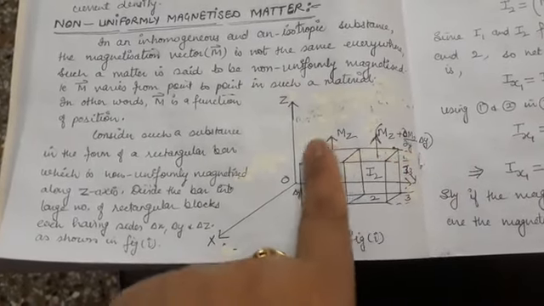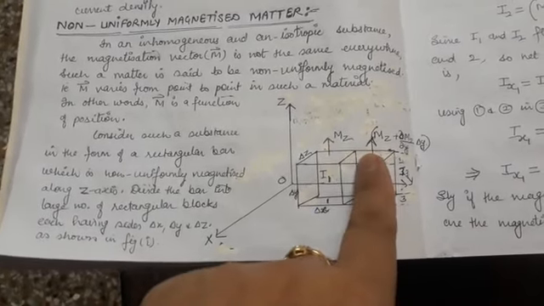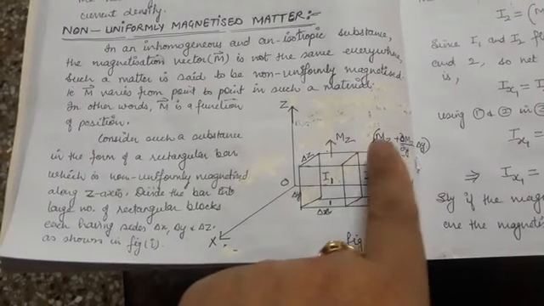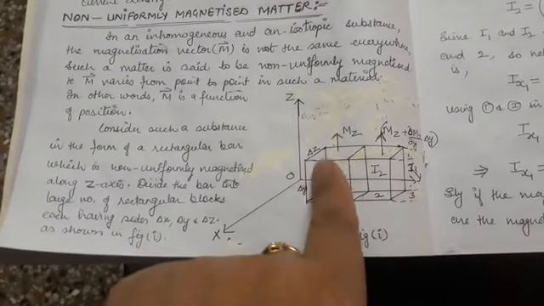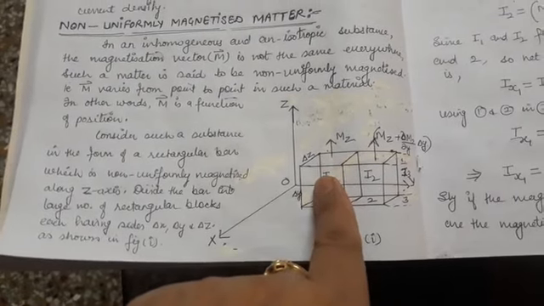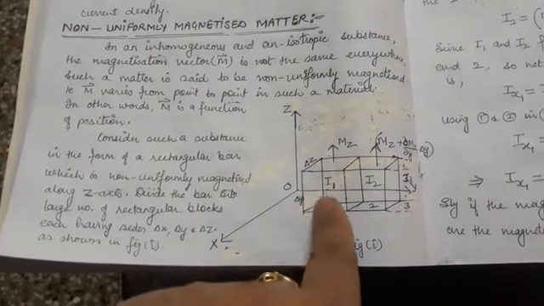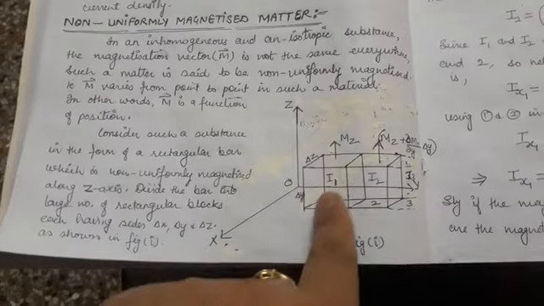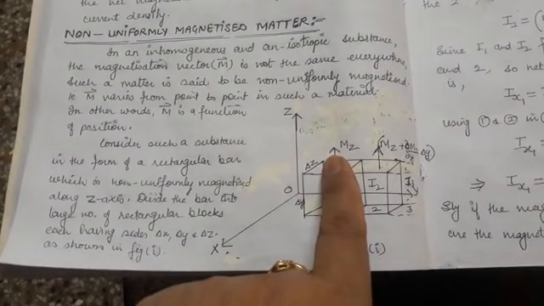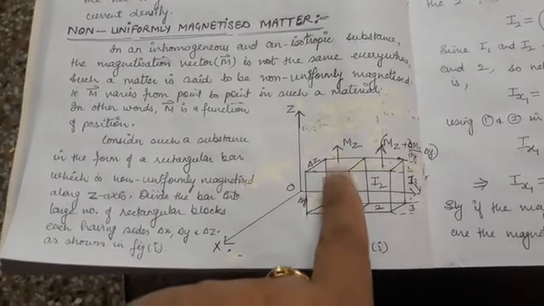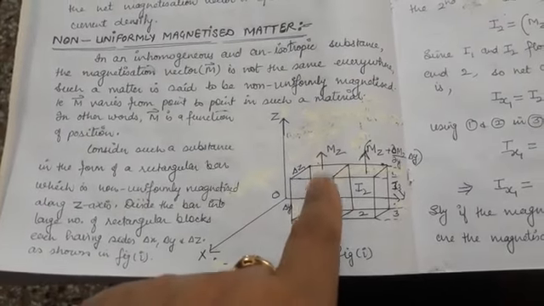Now here I wish to tell you one thing: since the magnetization vectors are in the same direction and keep on increasing along the y-axis, the currents I1 and I2 must be in the opposite direction over here. Alright. We have also proved that for a rectangular bar or a substance in which current is enclosed by the surface, the magnetization vector is simply related to this current, such as the magnetic moment of a bar magnet. So we will discuss this topic later on.